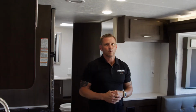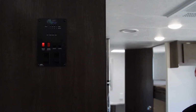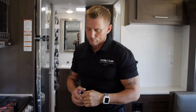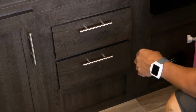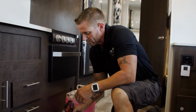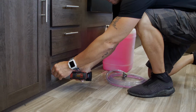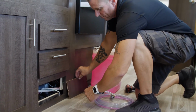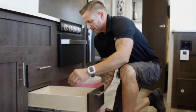So we're going to go ahead and locate where our water pump is at inside the unit. The easiest way to locate the pump is to simply turn the water pump on and listen for where the sound is coming from. In our coach, it's coming from right down here below this access panel. To remove the access panel, just pull the 2 screws, take the panel off, set it and the screws aside, pull the drawers out above it,